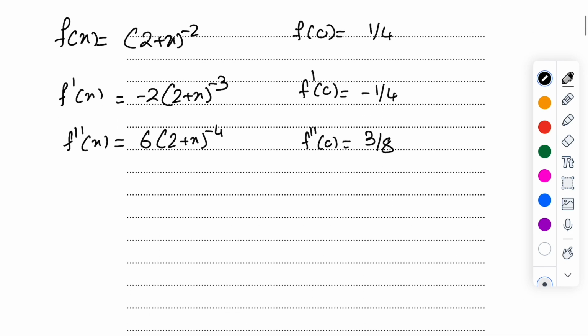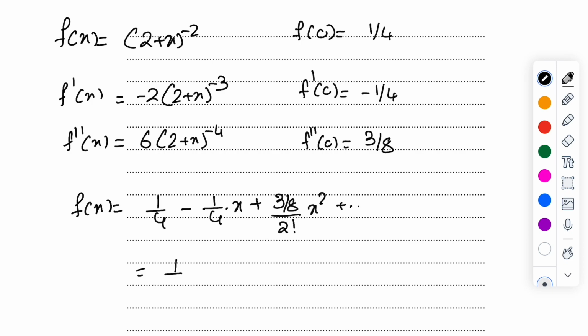So using Maclaurin series, what does it become? F of x equals f of 0, 1 upon 4, first derivative times x, then second derivative upon 2 factorial, second derivative is 3 upon 8 upon 2 factorial x square, and so on. So my answer is going to be 1 upon 4 minus 1 upon 4 x plus 3 upon 16 x square,